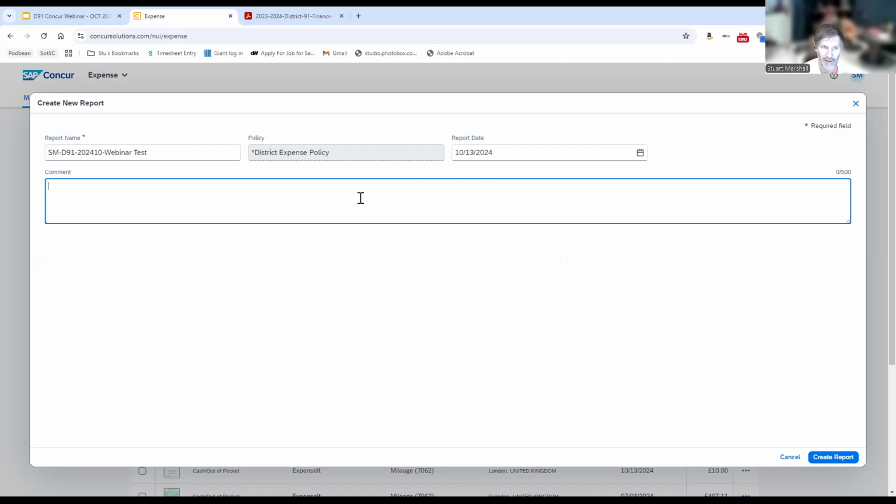In the comment, you add details and description of the nature of the expense claim. It's a free text field. You can add in, the more detail, the better. Makes it easier going through the approval process and makes our audit committee happy when they can see that it's clearly marked. You then go to the blue button in the bottom right, create report,